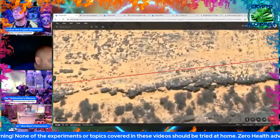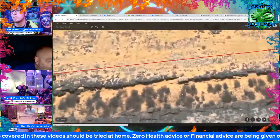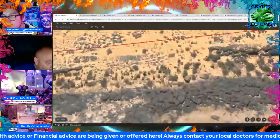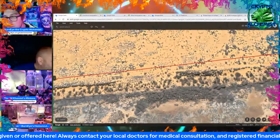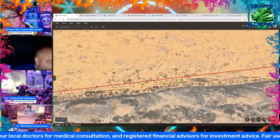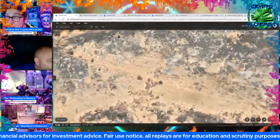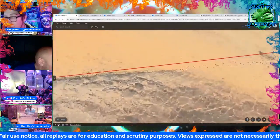Like, it's full of sand, right? And there are trees growing there. But I do believe that sometimes there's a bottom exposed, and you can see sometimes, like, look at that right there. How come those rocks would be like that? Because they were pulled out of that canal. That has to be former foundations. I see potential past cities and civilization. Yeah. And potentially also the rocks maybe were cooked by a nuclear blast or a plasma blast from the sun,